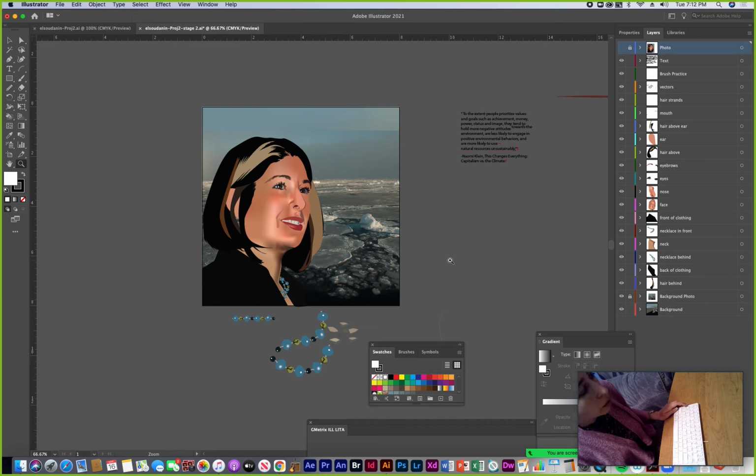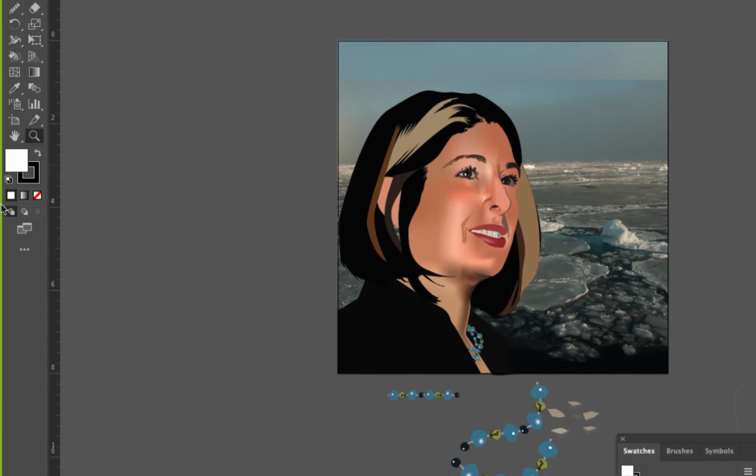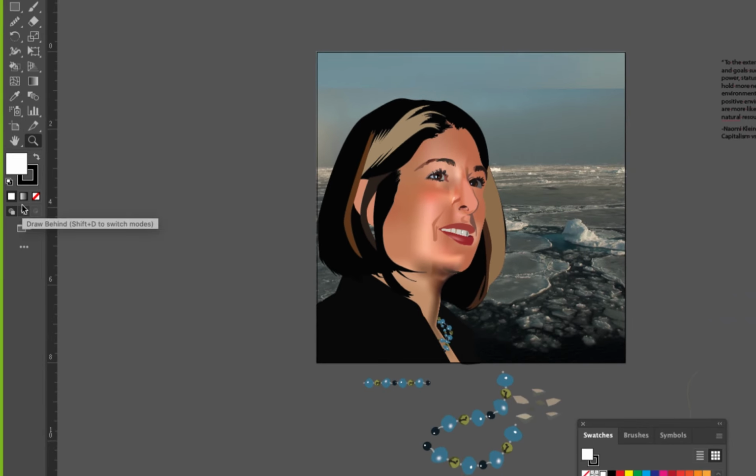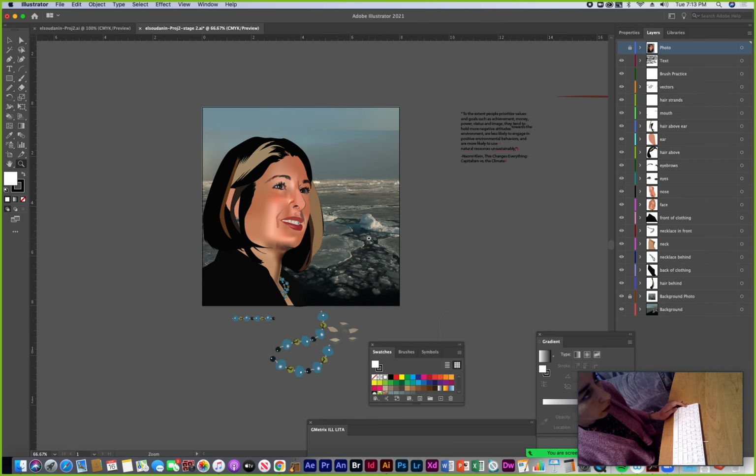And this is great if you have a scene with a lot of something, like a lot of pebbles, a lot of seashells, a lot of rocks, or a texture. Maybe you have a fuzzy sweater with a lot of little fuzz balls everywhere, and you want to just spray on that texture. You can create the basic shapes for the texture and spray on a ton of them. So we'll also be looking at the drawing modes and how to draw inside of a shape, or draw behind a shape,